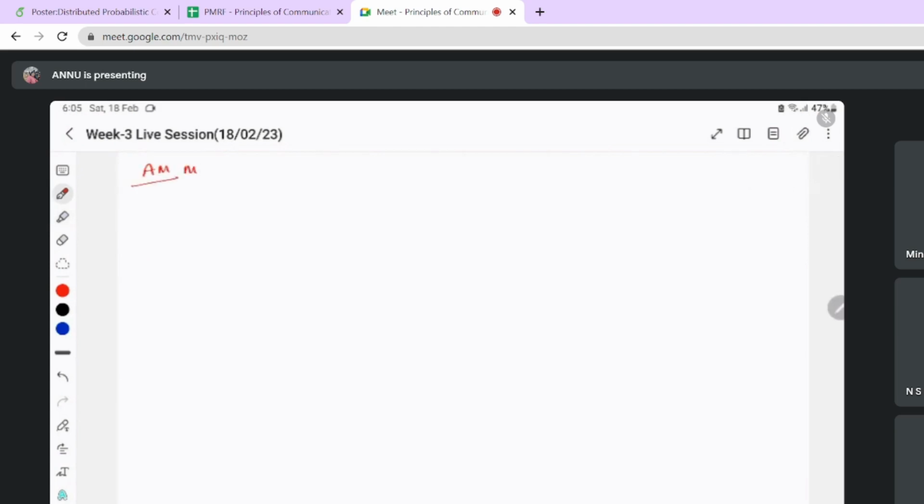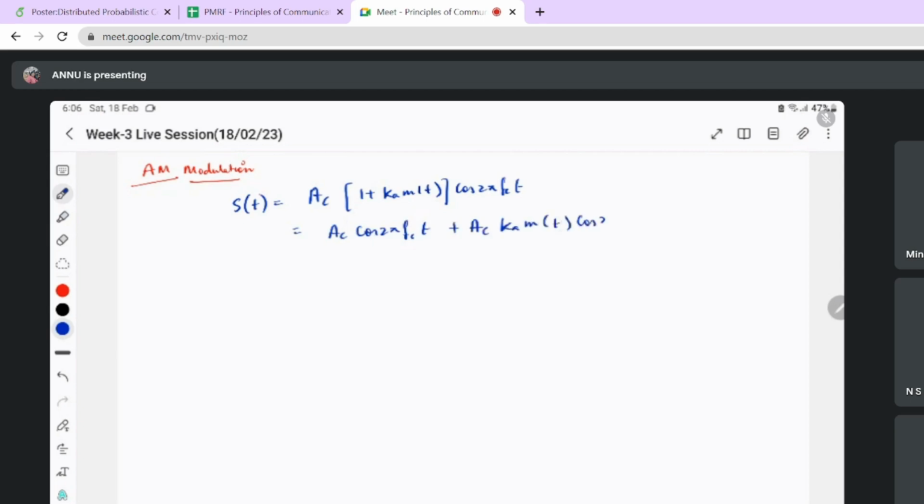So as we know, the expression for AM modulation is what? Is this one? Ac(1 + ka m(t)) cos 2 pi fc t. By seeing this, we can even expand it as Ac cos 2 pi fc t plus Ac ka m(t) cos 2 pi fc t. So what will be the Fourier transform of this? It will have